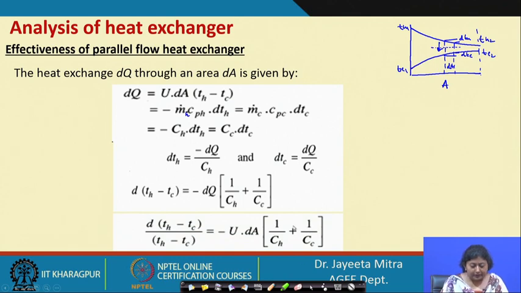Then this dQ we can write as U into dA into Th minus Tc. I have taken this Th minus Tc to the left side. So, d of Th minus Tc by Th minus Tc, a similar form like d theta by theta that we got in the previous class. So, ln theta will be the term if we integrate this, and dA will be integrated and the value of A will come. So, finally, the equation that we will get